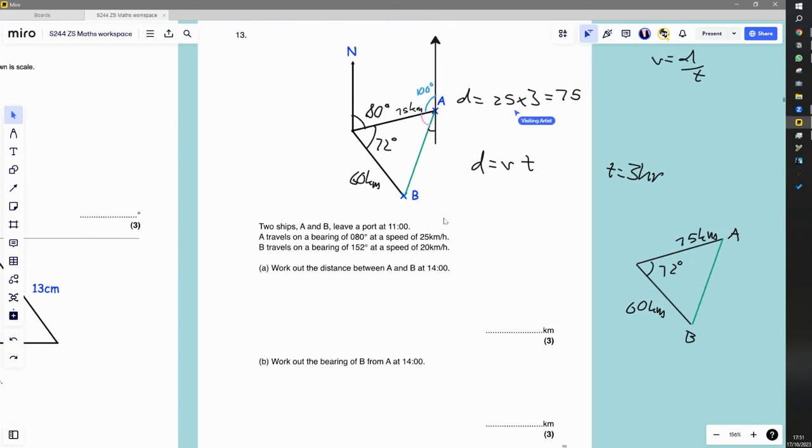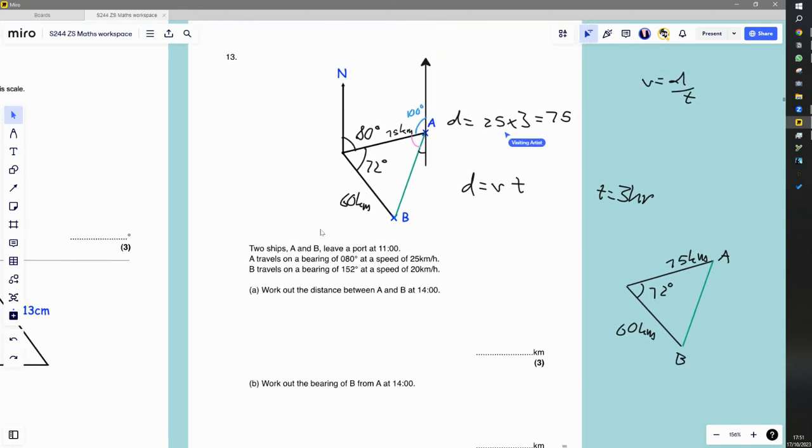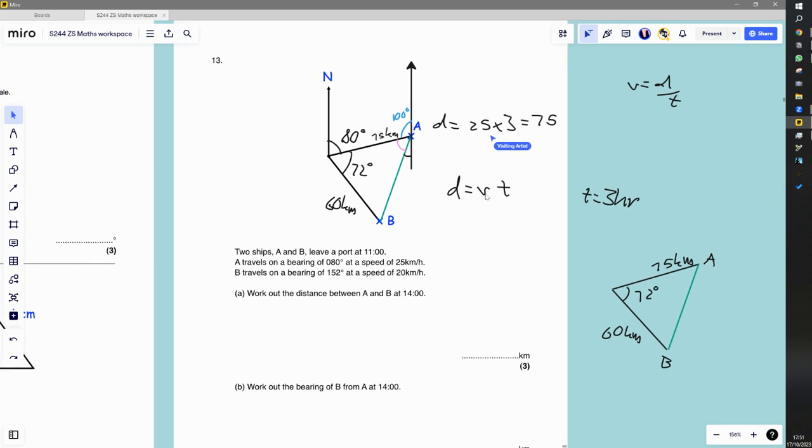Okay, so we were okay with part A, which was kind of tricky. We first of all realized, well, if that's 80 degrees and the whole thing is 152 degrees, so that's 72 degrees there. And we worked out these distances, 75 and 60, by using distance equals speed times